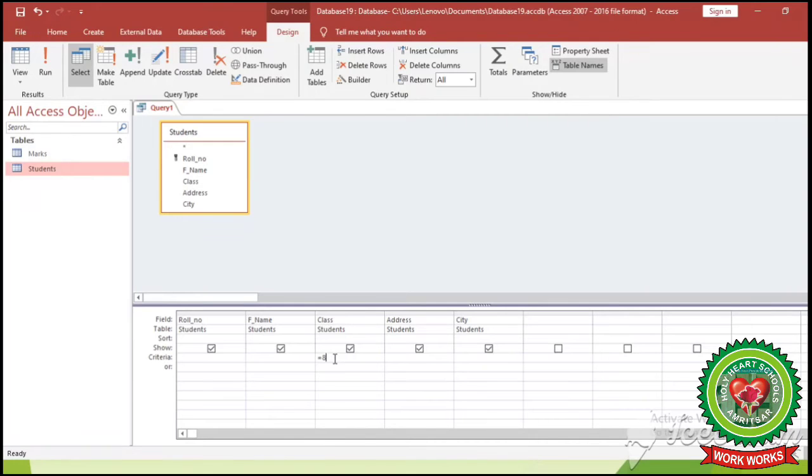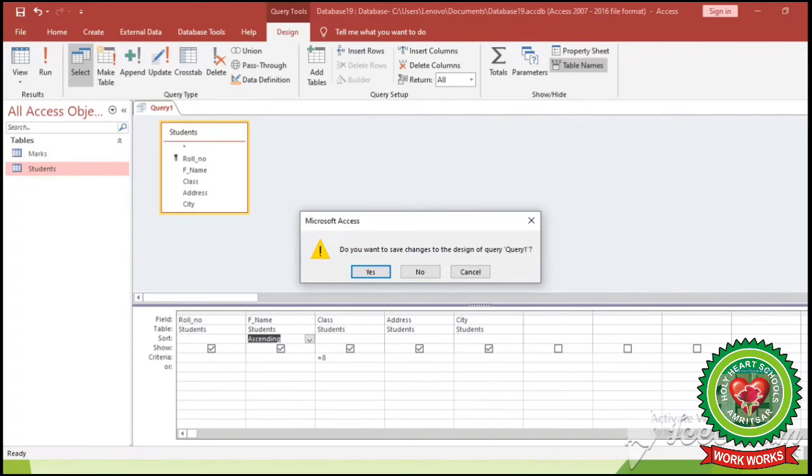Now I want to click on sort. Here I want to sort the father's name column and set it in ascending order. This is the father's name field. Click on it. Now you can see this drop down arrow, click on it and select ascending. And then click on the close button of the query window. This is the close button of the query. Close it.